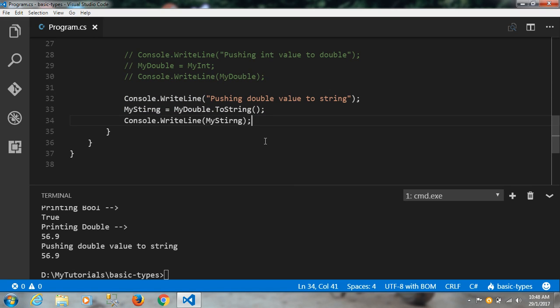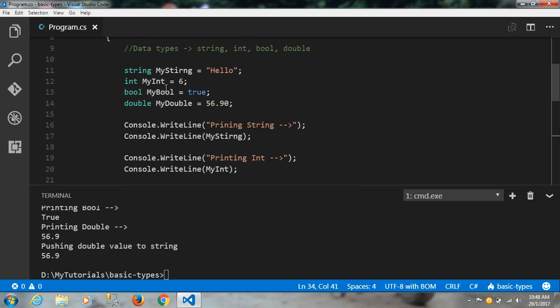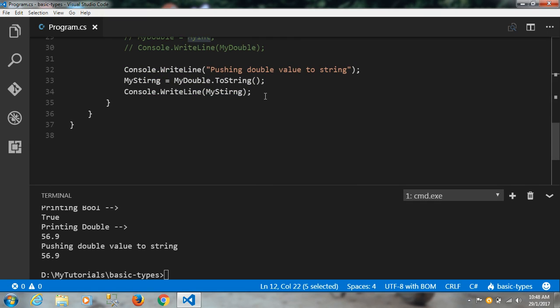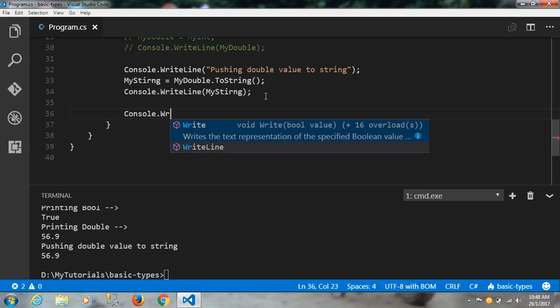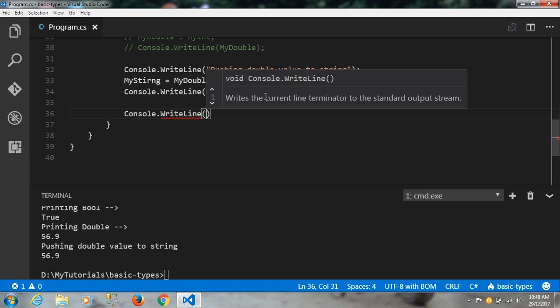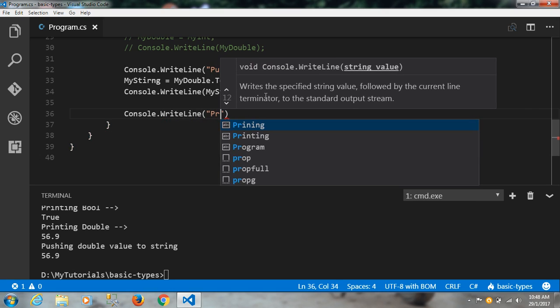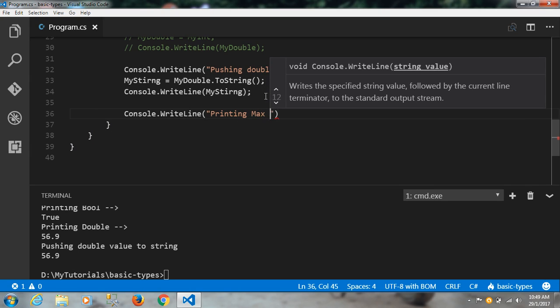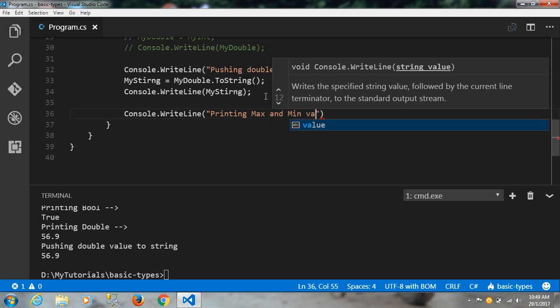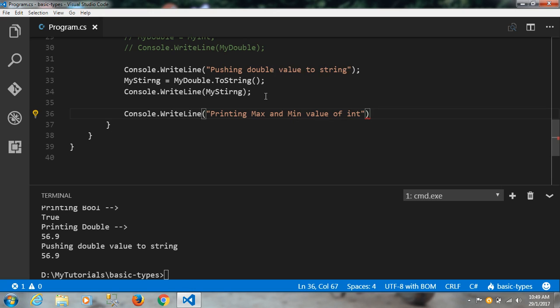And we can also print the maximum value which can be stored inside an integer variable, and the minimum value also. For that we have some other options. So first we'll write console dot write line, call it printing max value of int, and then we'll write